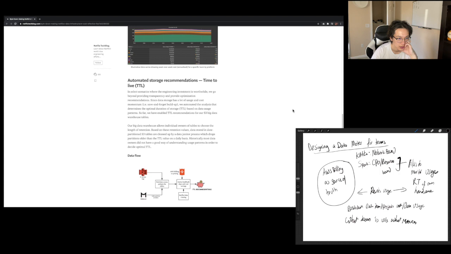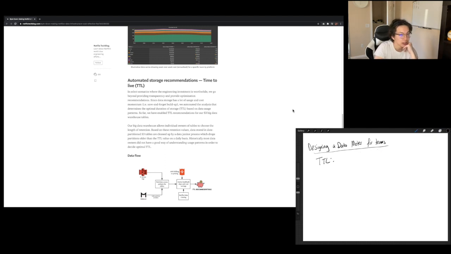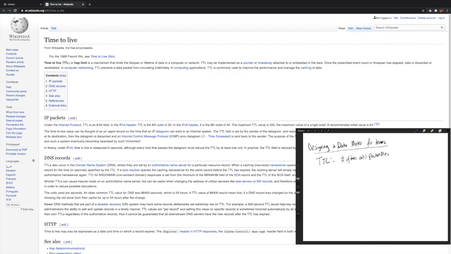Okay, the next is the TTL section, or time to live. Looking it up, I see that time to live just stands for the number of hops a packet will take before it dies when traveling from source to sink. In the context of logs, it's just how long they decide to keep the data for. TTL is just meant to prevent circular travels and give packets a lifespan so they don't travel around infinitely and